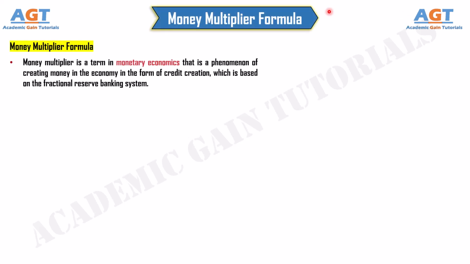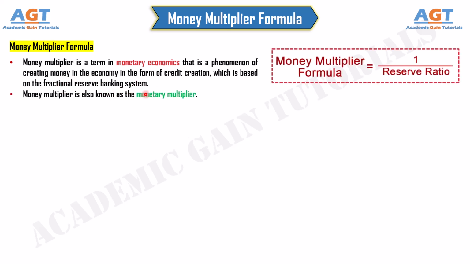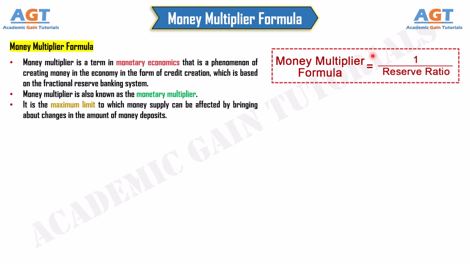Money multiplier is a term in monetary economics that describes the phenomenon of creating money in the economy in the form of credit creation, which is based on the fractional reserve banking system. Money multiplier is also known as the monetary multiplier. It is the maximum limit to which money supply can be affected by bringing about changes in the amount of